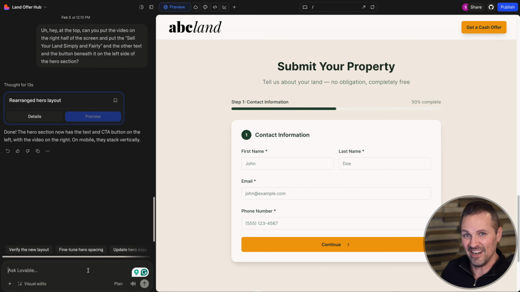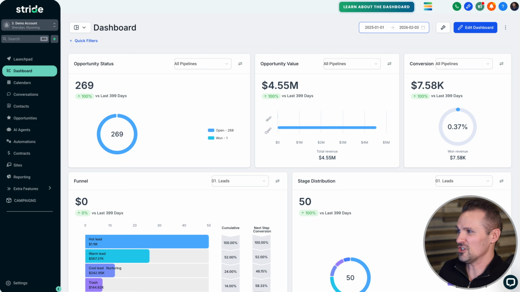It's just stunning how simple this has become. Anybody can do this. It's great. So like I said, I'm using Stride, and in Stride, we have a pre-made 2-step submission form that